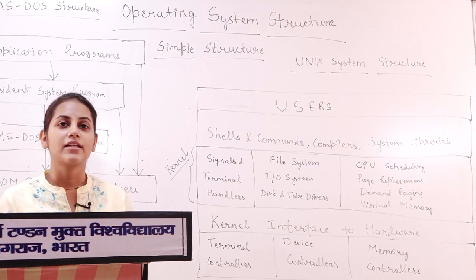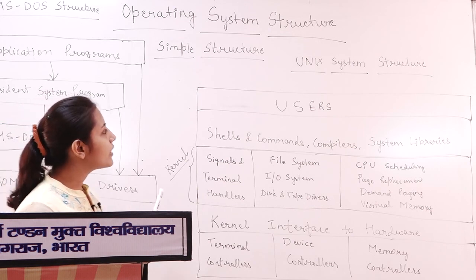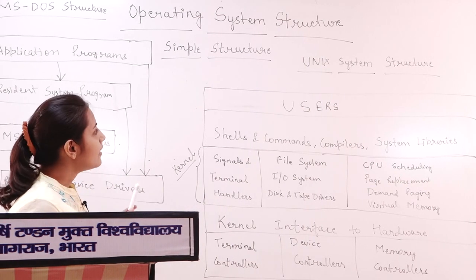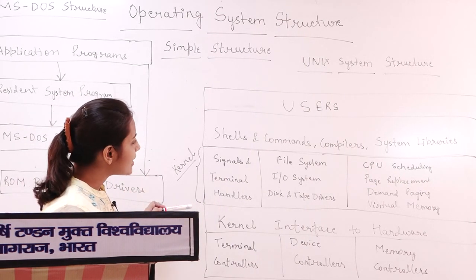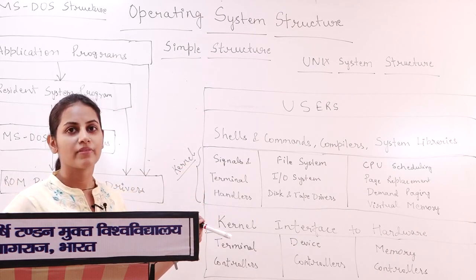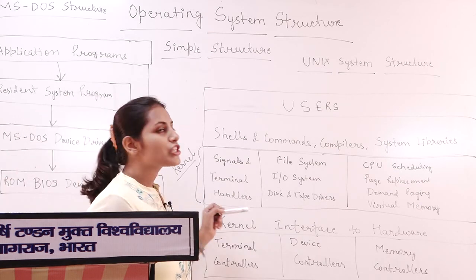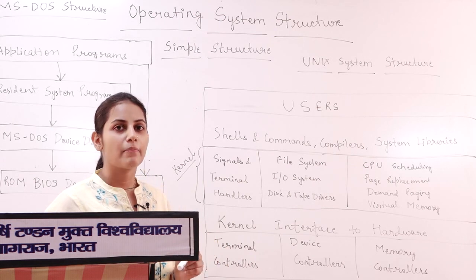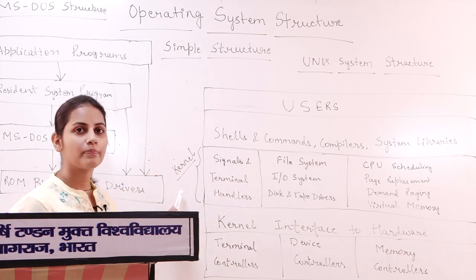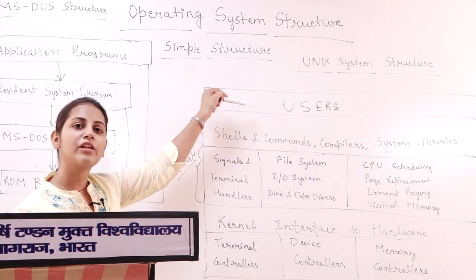Let us now discuss the structure of the original Unix operating system. The original Unix operating system was different from the MS-DOS system. Basically, the difference was that there was a kind of layered structure implemented in this system, which was not present in MS-DOS. All the functionalities that were supposed to be provided by the operating system were grouped into one, and that was called the kernel. As you can see, in this structure also, at the top level, we have the users of the